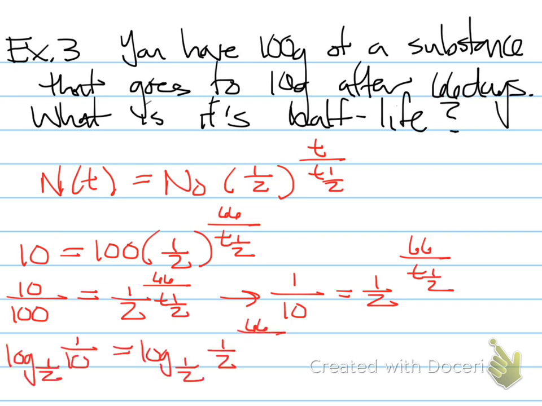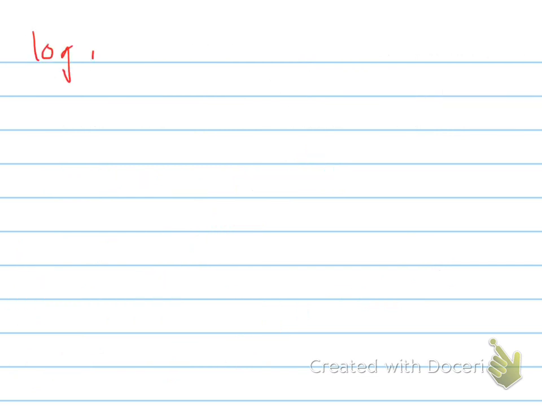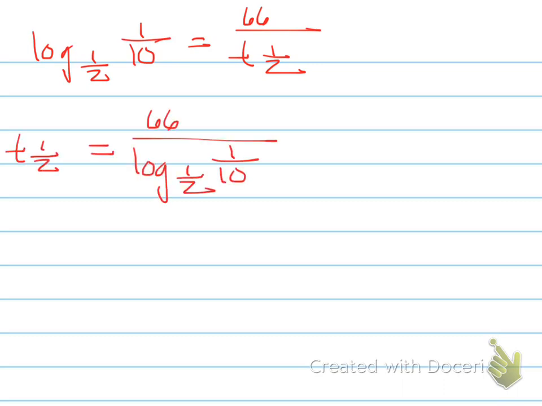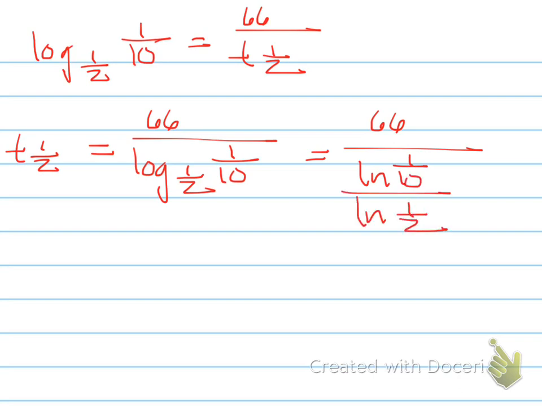And then we take the log or natural log of both sides. It really doesn't matter. I take the common log of both sides. I get t sub 1/2 equals 66 over log base 1/2 of 1/10. What I did was I just interchanged the log base 1/2 of 1/10 and the t sub 1/2, because that's what I'm trying to calculate, that half-life. So whenever I divide 66 by log base 1/2 of 1/10,